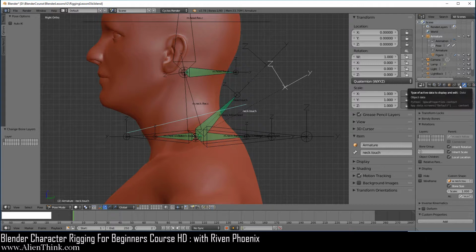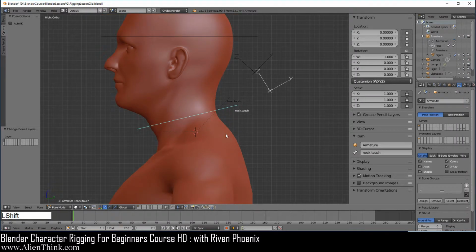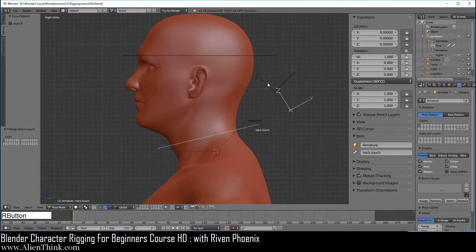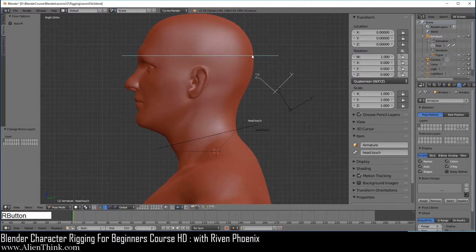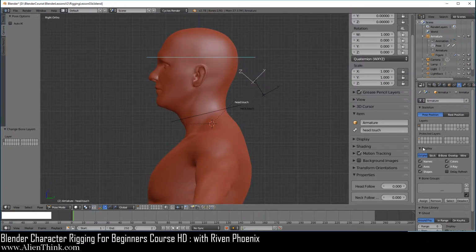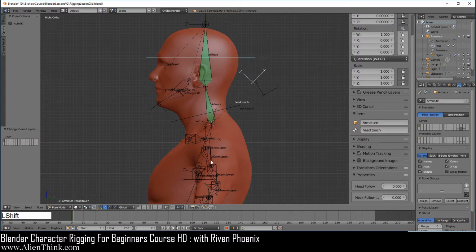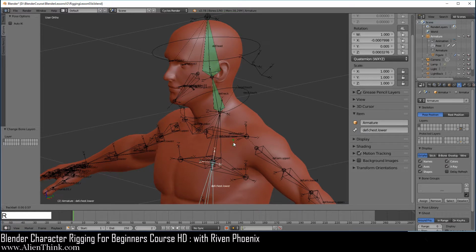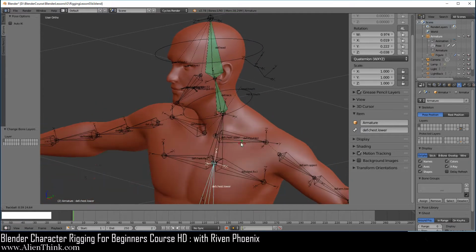So now when we go to the data tab and just click over here, what we have are two bones, the head and the neck. Okay, now when you click over here on this bone, you can see that we still have access to head.follow, right? You can turn this on or off and on or off. Now right now we don't have access to the chest model, but here we can just press the Shift key down and just enable the deform bones, and over here you can just go ahead and click this, do the middle mouse button and press the R key to rotate. So you see that the head is staying perfectly still.